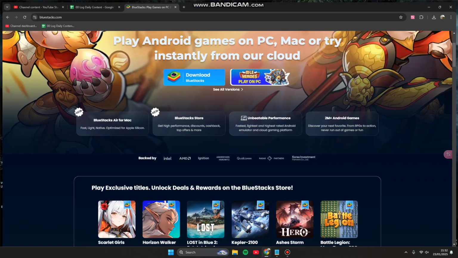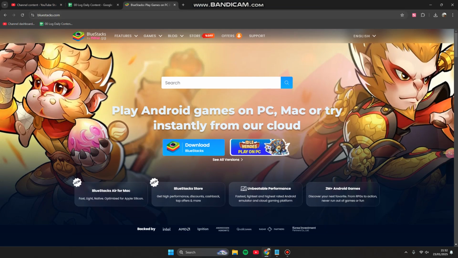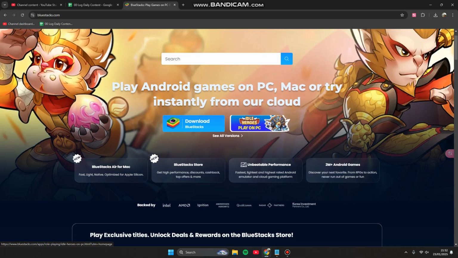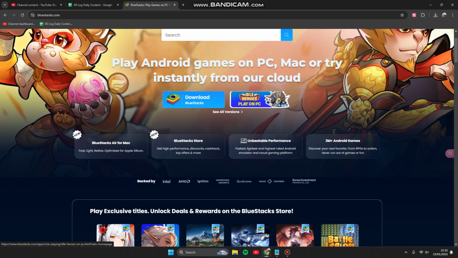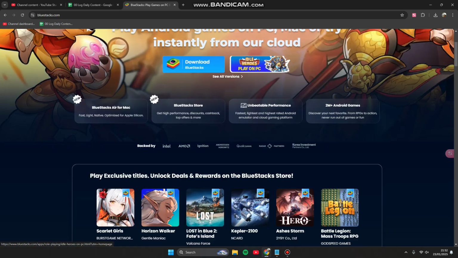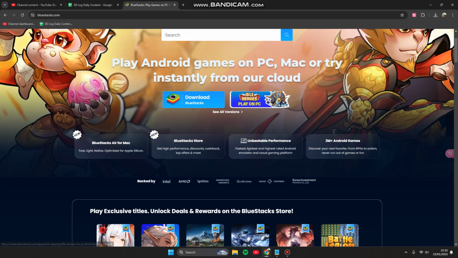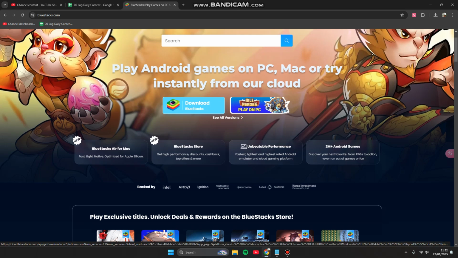So here, in order to get this application, you can go to bluestacks.com. This is the official website of BlueStacks by now.gg. And here you can play Android games on PC, Mac, or try instantly from the BlueStacks cloud. In order to get BlueStacks, you can just click the download button,